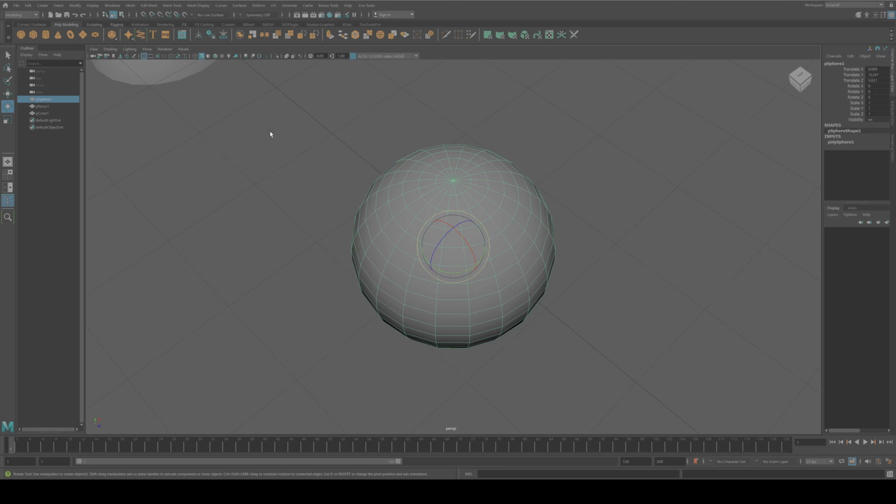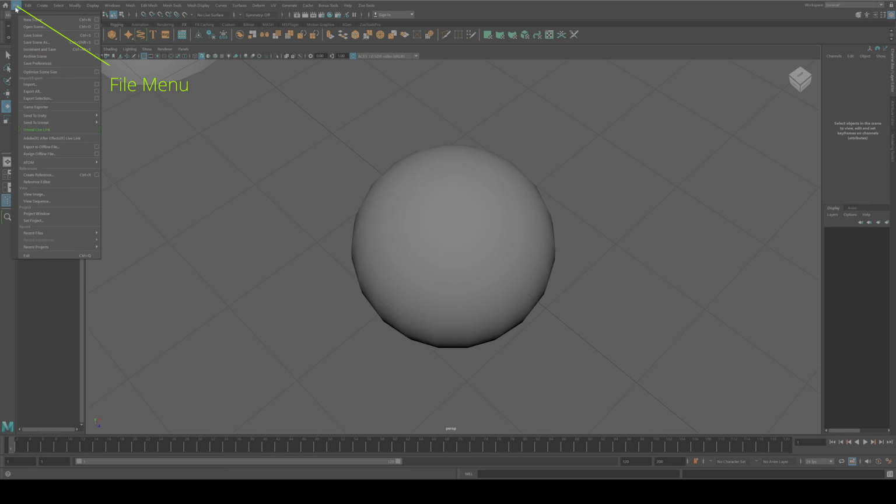So for the first task, let's create a new scene. This is crucial because each time you want to start a fresh project, this is how you'll do it. So go ahead and click on File in the menu bar. As soon as you click it, a drop-down menu appears. You'll see a lot of options, but don't get overwhelmed. We're focusing only on New Scene for now. It should be right near the top of the drop-down.